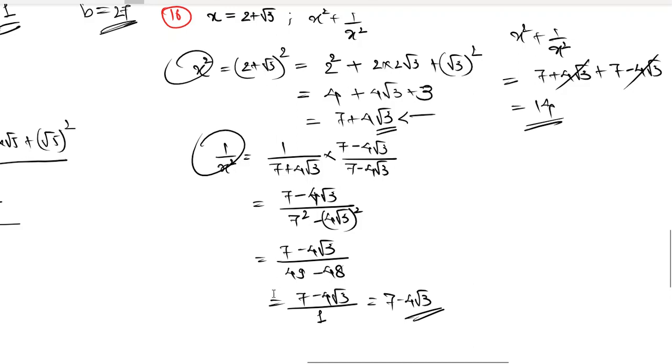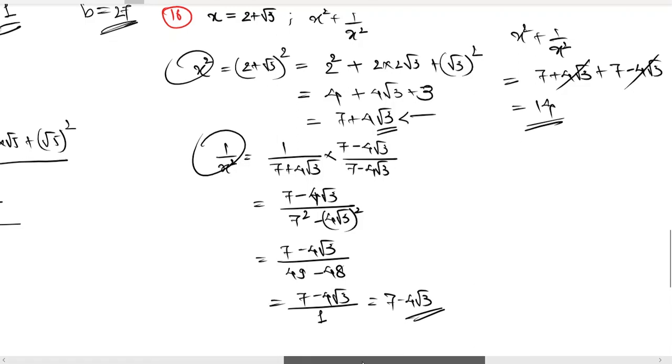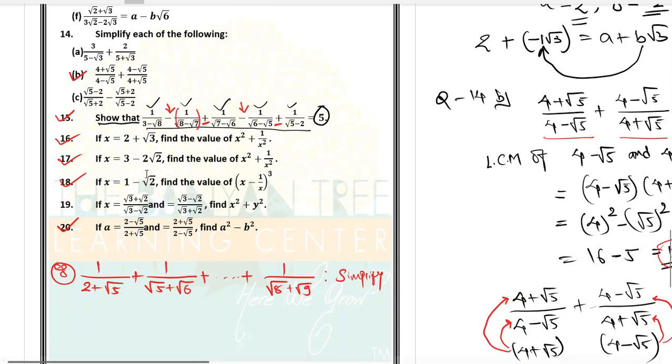Separately. This is the key. For any such kind of question, you can do separate squaring, rationalization, and you will find your answer easily. So question number 16 is done. 17 you have to solve with the same method. I'm not solving it. This one is for you.